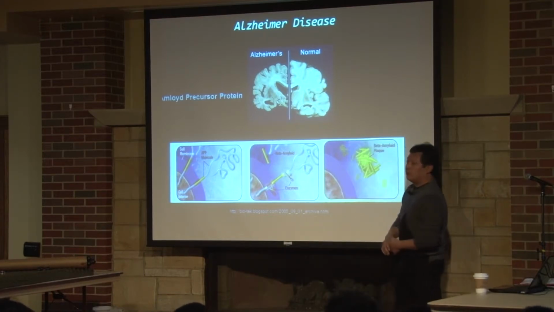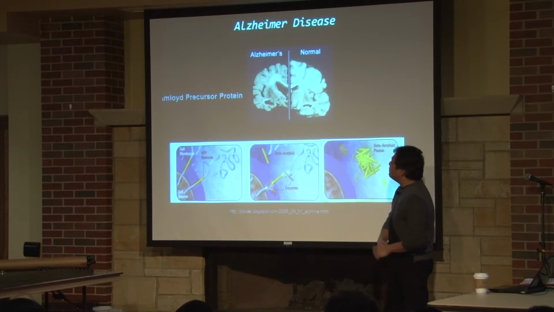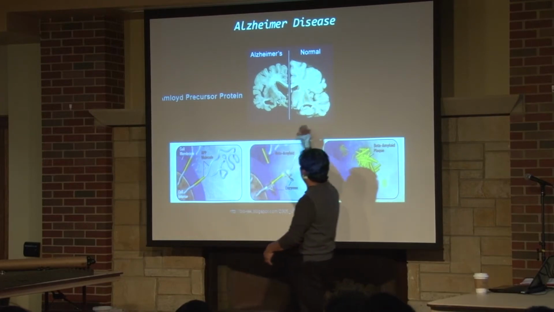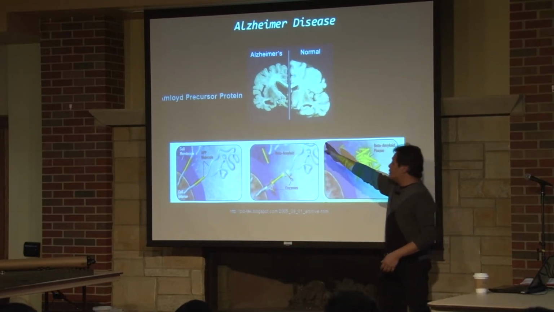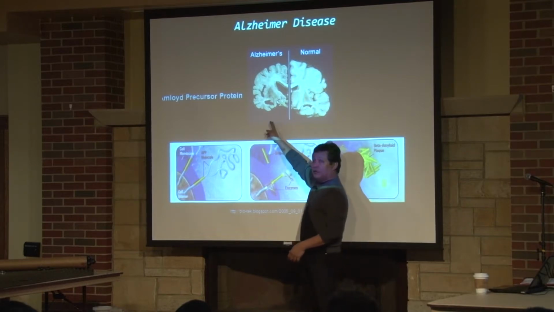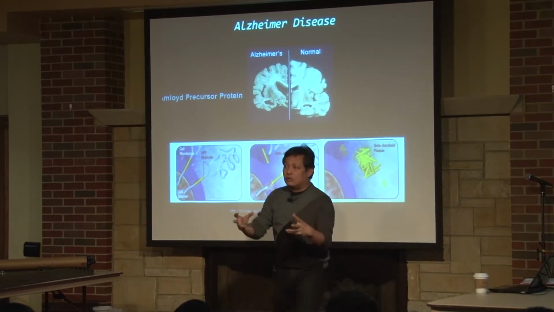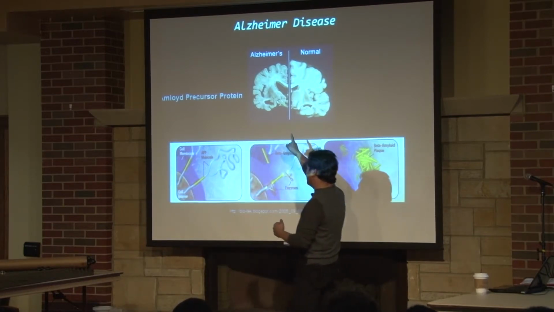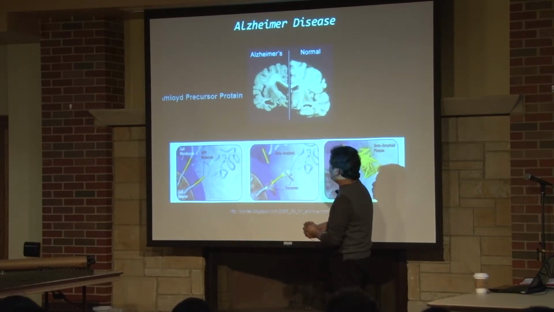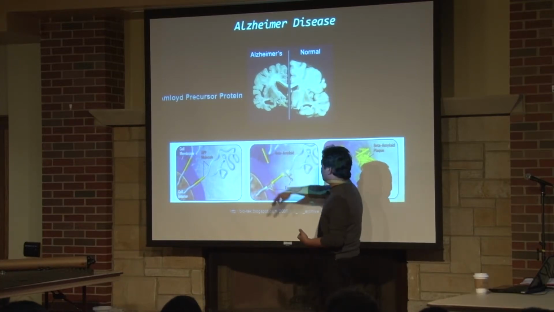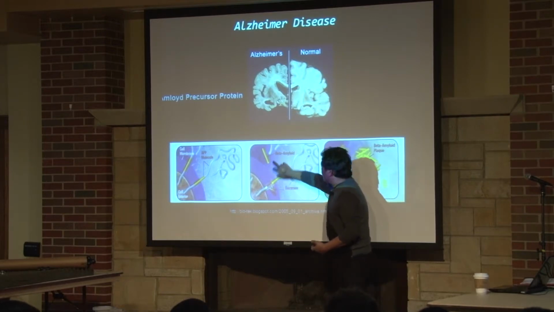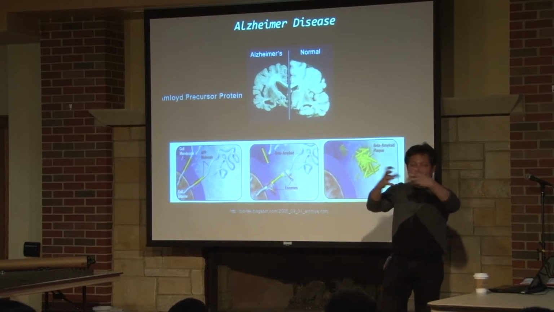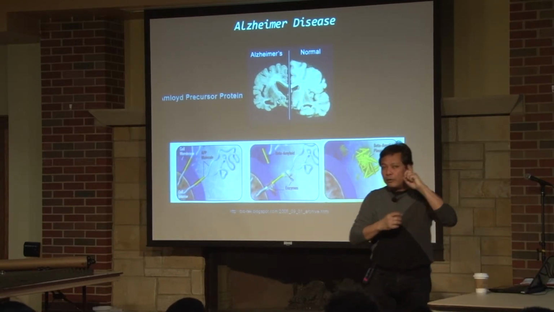So let me talk a little bit about Alzheimer's disease. Here I borrowed from the web. Here are slices of two brains. The right side is a normal brain. You see the full brain. The left side is Alzheimer's disease. People who have Alzheimer's disease have a smaller brain because part of the brain slowly dies out, so you start to forget things as you get older. Now, why has this happened? Well, this is how it is explained. There is a precursor protein called amyloid precursor protein, and those pieces here in the drawings basically form a plaque, which is a cluster of these molecules stuck together, and they clog the brain vessels.